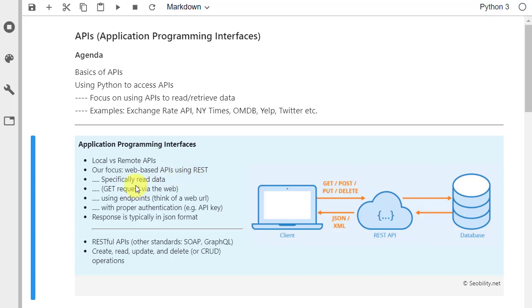Okay, and again, as I mentioned, we'll be specifically reading data. Okay, there are other possibilities that we are not going to be looking at, and that specifically corresponds to this GET request over the web, right? If you look at this picture here, we'll be looking specifically at the GET request. Okay, in fact, anytime you go online and you type in a web page www.abc.com,